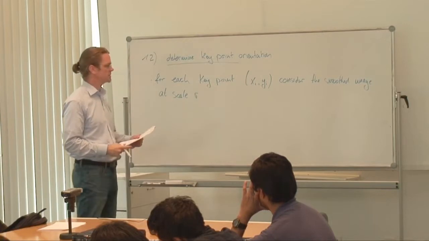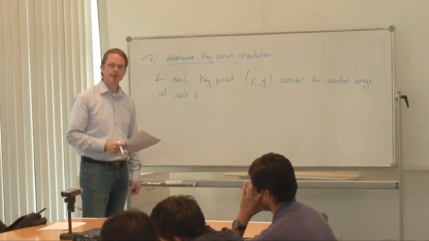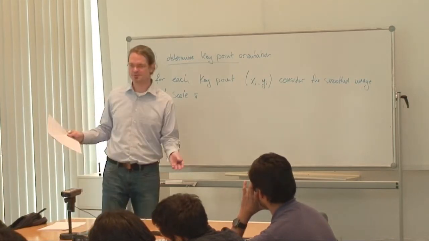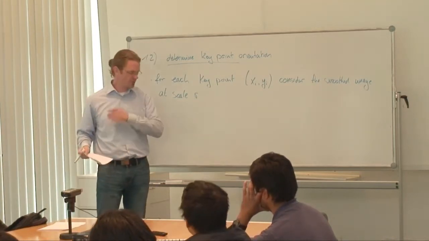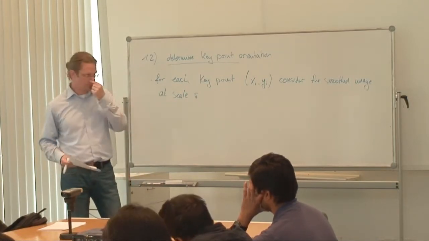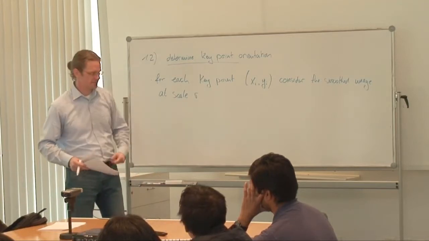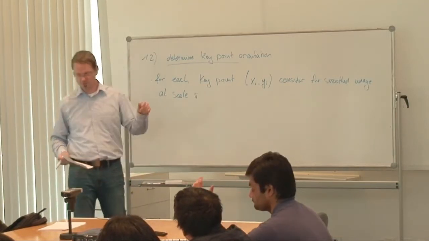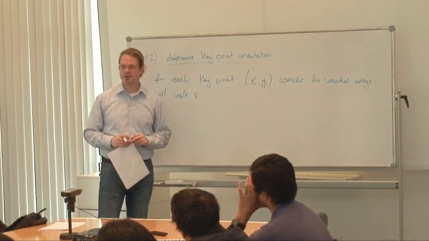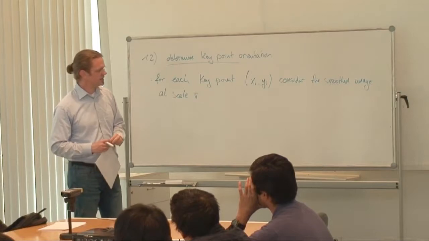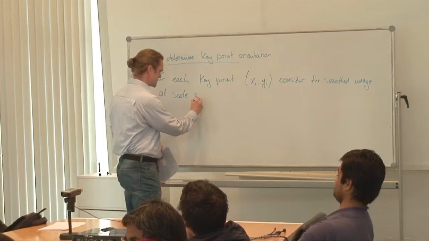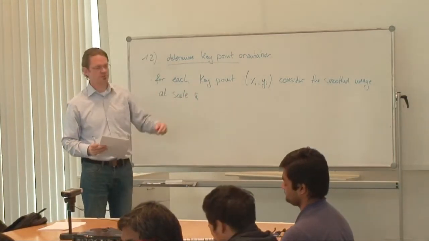So if you ever have to implement this all by yourself, don't throw away the smooth images you used to compute the difference of Gaussians, right? You're given an image, you compute 26 or so smooth versions of it. Don't throw them away. Keep them for this step. From that you compute 25 difference of Gaussians. There you locate key points and their scale. Once you are done with that, you look at the locations of the key points and their scales, and in the correspondingly smooth image,